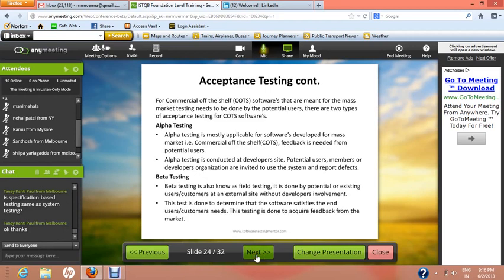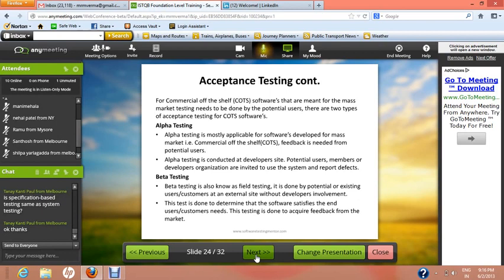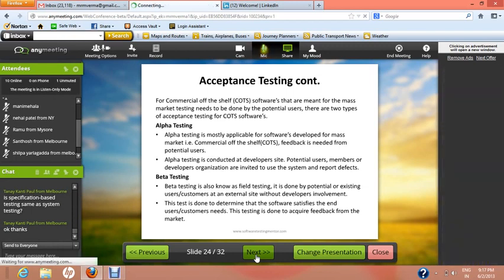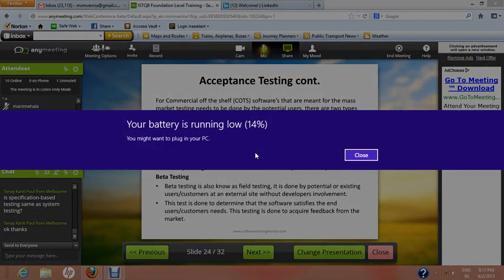Okay. So acceptance testing for commercial off the shelf software. What is COTS software? These are the software which are meant for the mass market, like Gmail, any mail client, or the many mobile applications available nowadays. The acceptance testing for these software is done in two phases, alpha testing and beta testing. So in alpha testing,